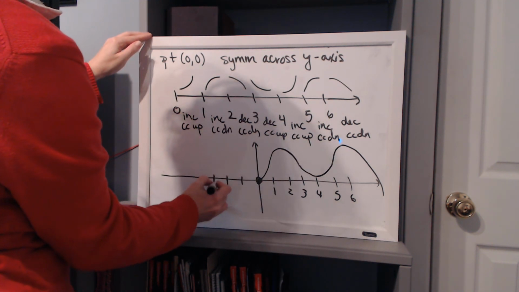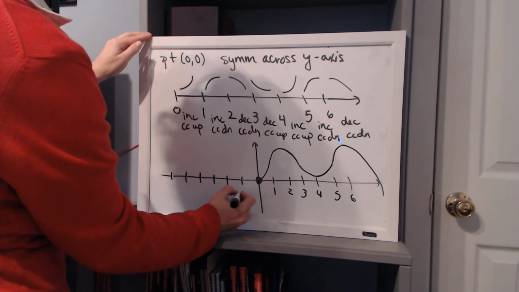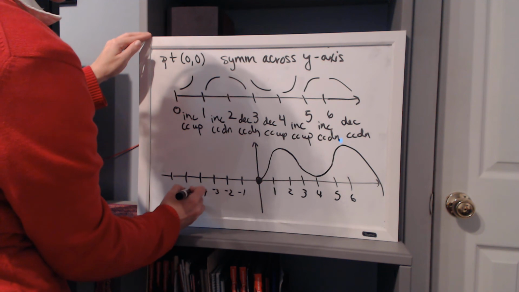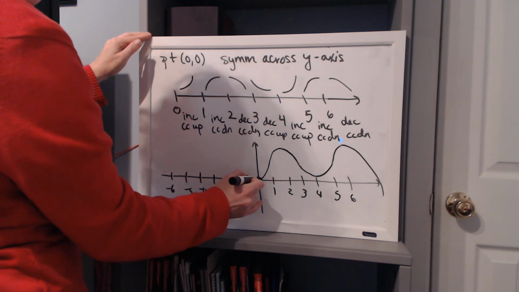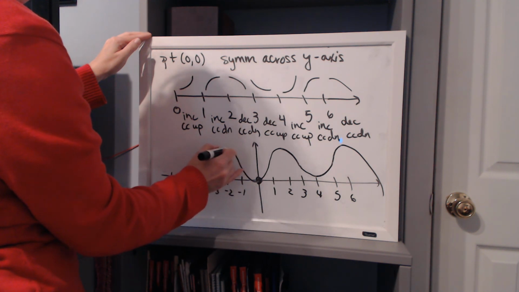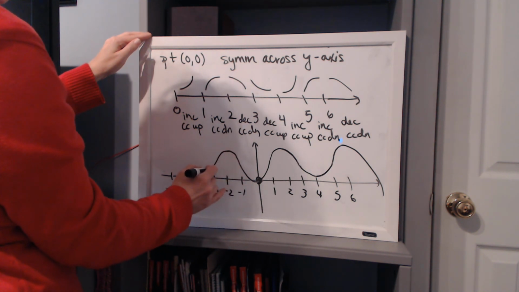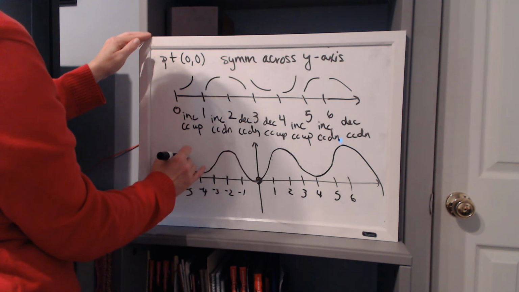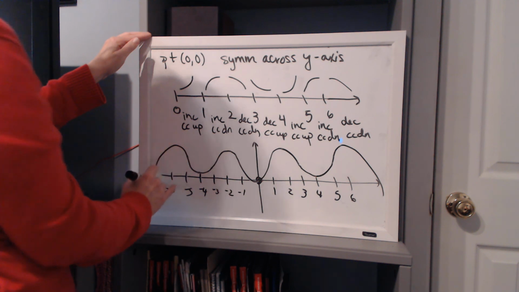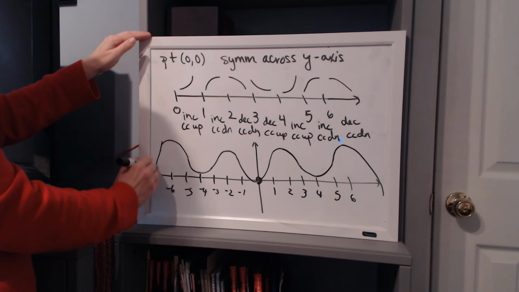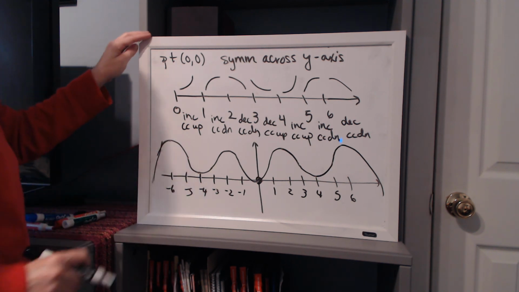So -1, -2, -3, -4, -5, -6. And it's going to go something like, it's not going to be perfect because I don't do this part very well. Perhaps you guys can do this better. But it will be something kind of like this. It should be a little bit higher here to match what we had on the other side. Like so. And again, there are many